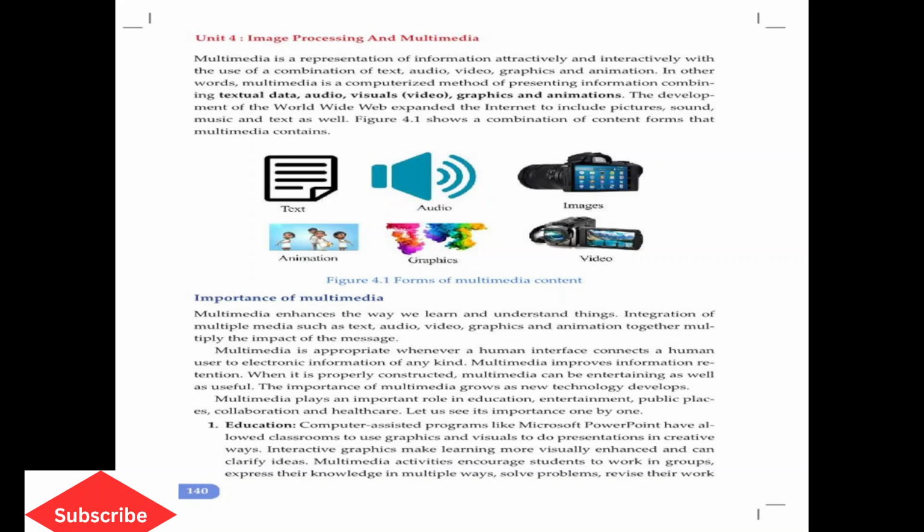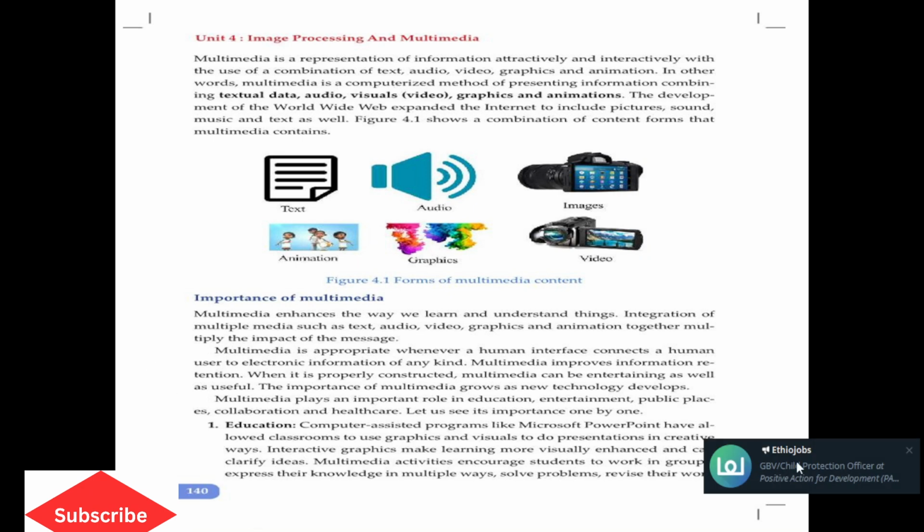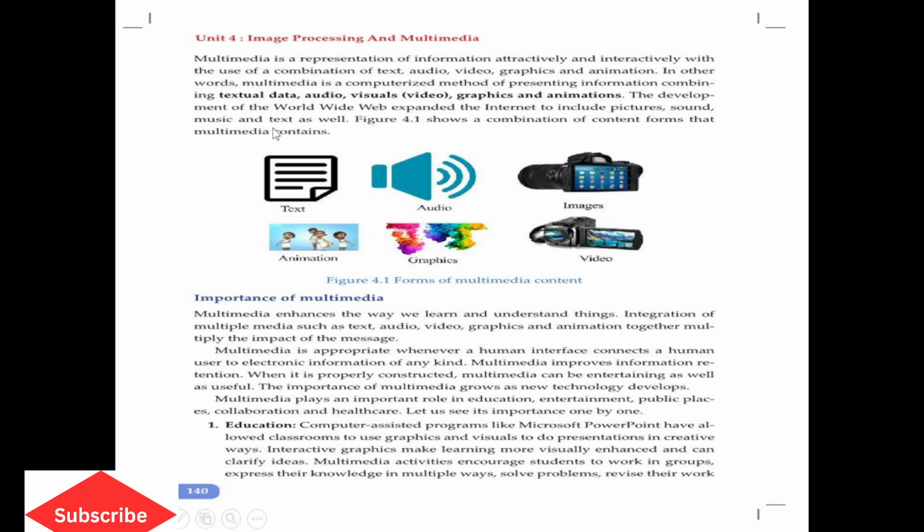There are softwares that help us create multimedia files like text. There are softwares in a variety of ways that can create textual data. There are softwares that help us create audio. There are softwares that help us create and edit video, graphics, and likewise animations. And to address these multimedia files, the World Wide Web, or WWW, helps people in a variety of sectors. That is the first importance of multimedia, in the education sector.